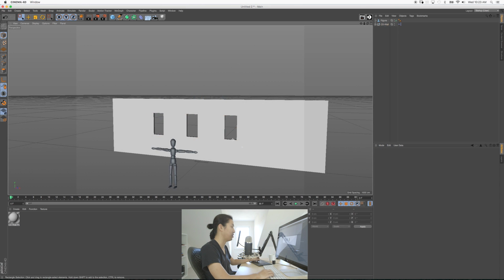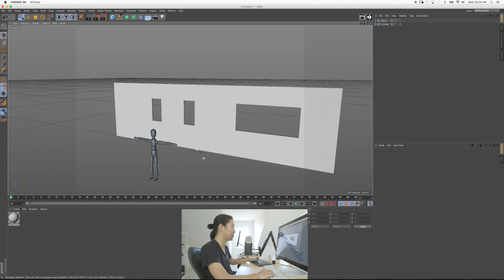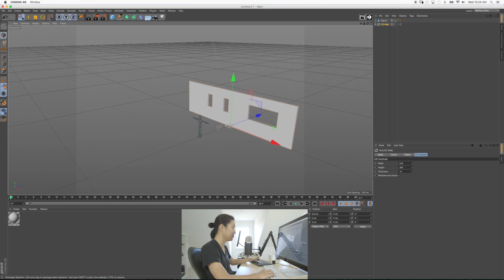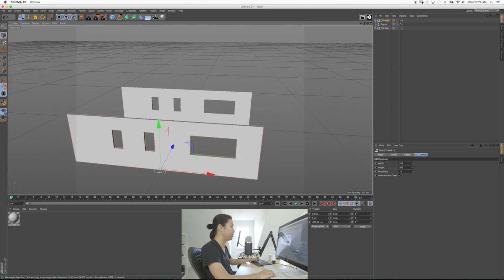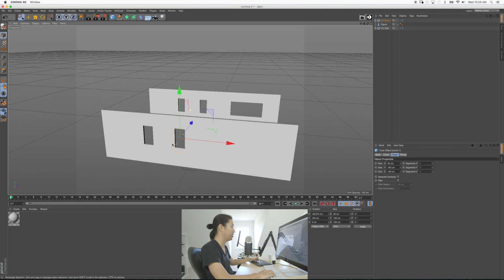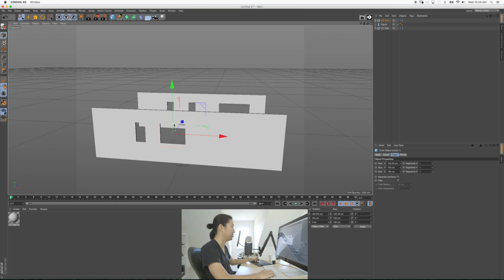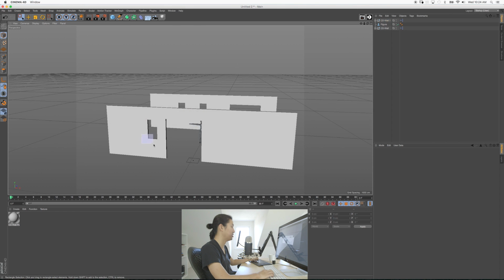I guess I can't scale all of those at the same time, but I could go like this, move you there. It's very fast. So let's talk about building more of these now. We select this wall, and we're going to hold control, and now I have another one. And I don't like this now. I want this to actually be a door, kind of a weird door so far, like that. And this window,